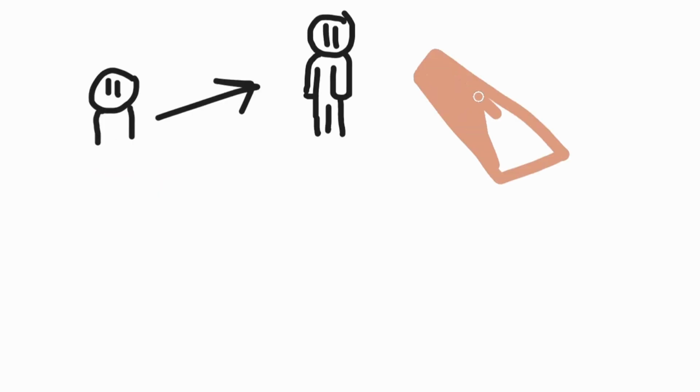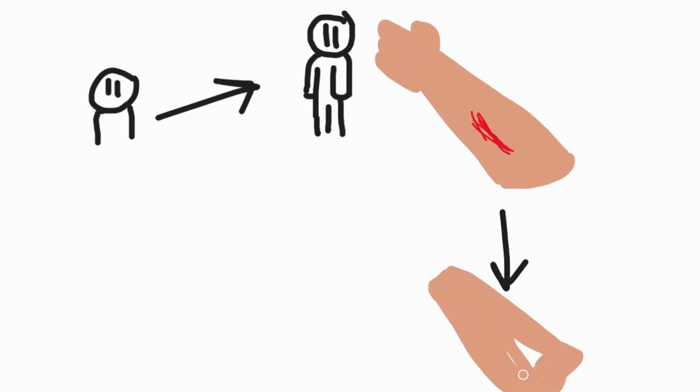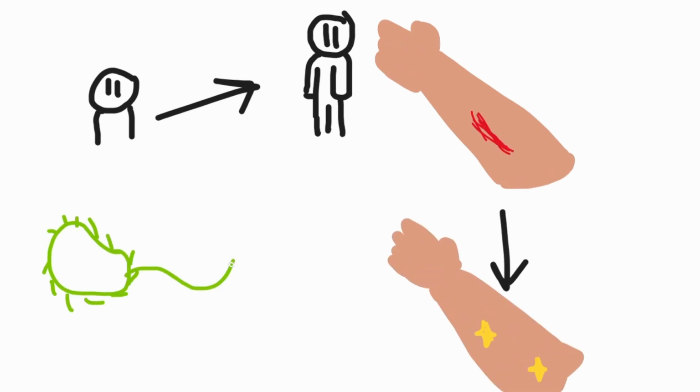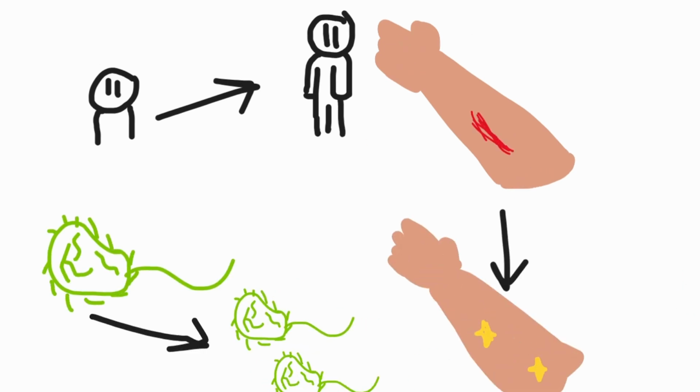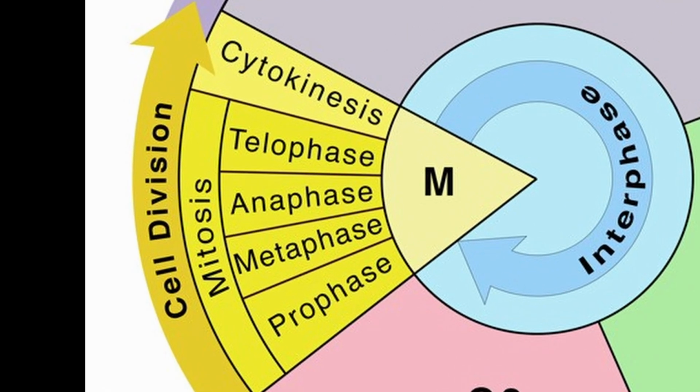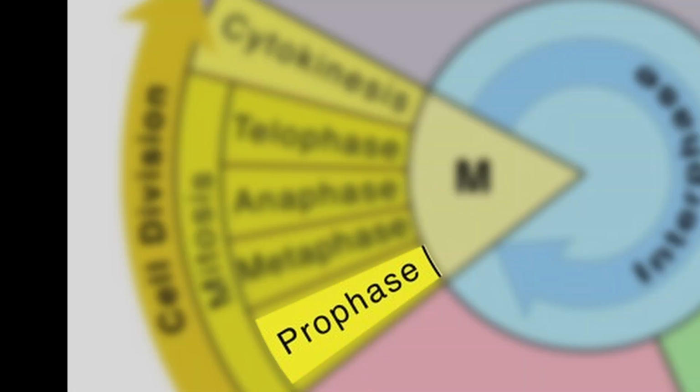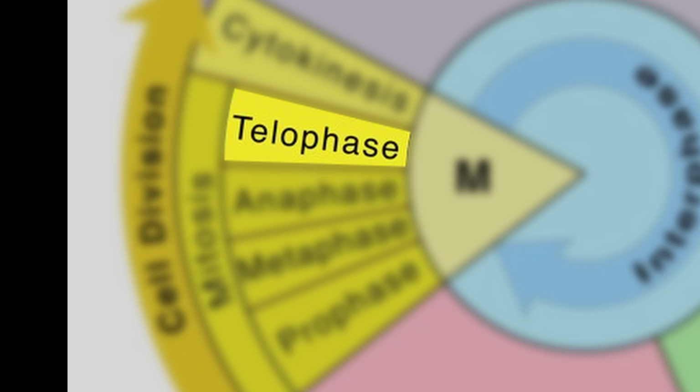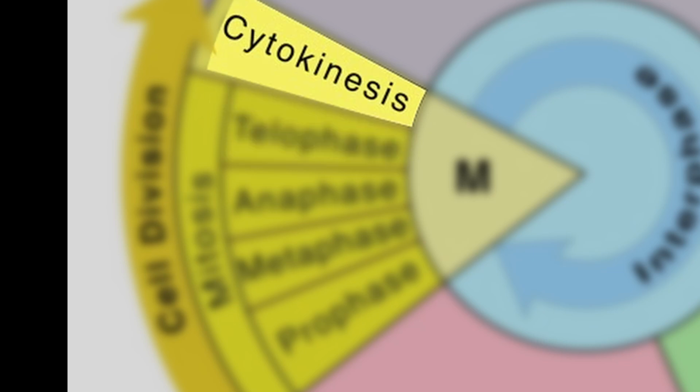Mitosis helps a multicellular organism grow and repair itself, and it helps unicellular organisms replicate themselves. Mitosis is a multi-step process with 4 phases known as prophase, metaphase, anaphase, and telophase. There is also a correlated event called cytokinesis, which happens around the same time during M phase.